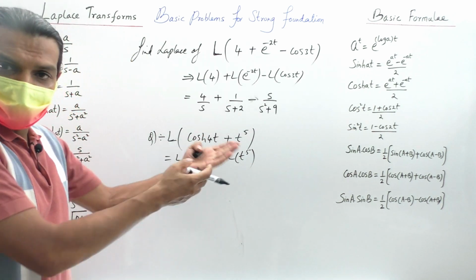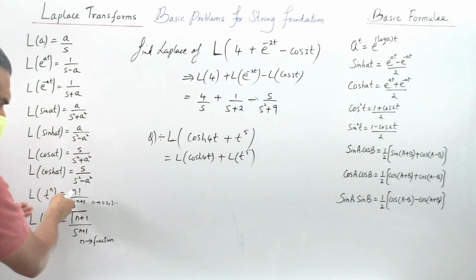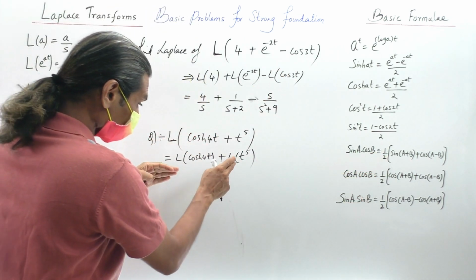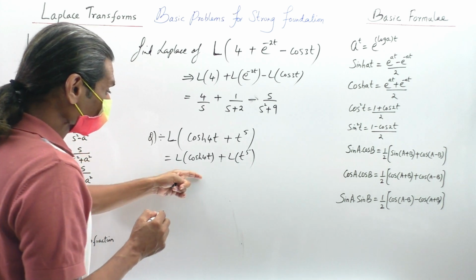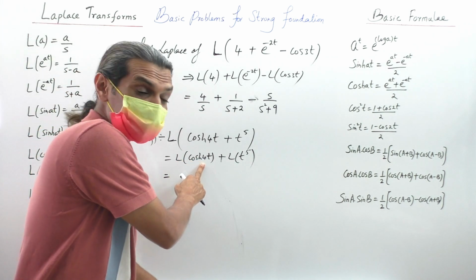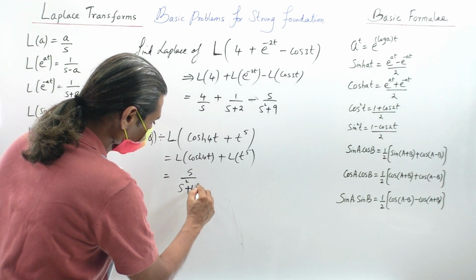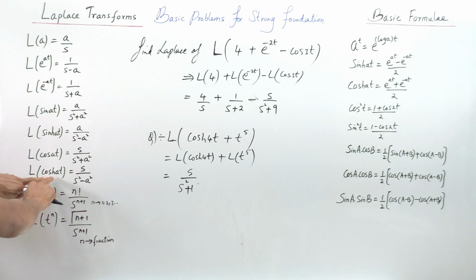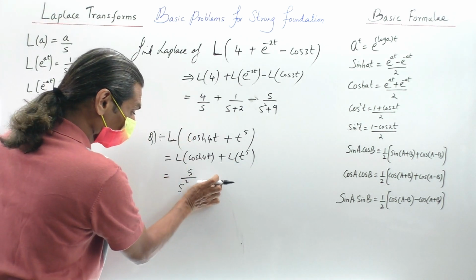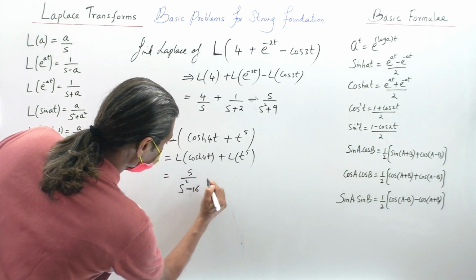Now, standard form, because cos hyperbolic at is there, and t raised to n is also there. So it is plus or minus of the standard forms. What is the formula? Laplace of cos hyperbolic at is s by s square minus a square, where a is 4. Memorize the formula. So this will be s by s square minus 4 square, which is 16, plus